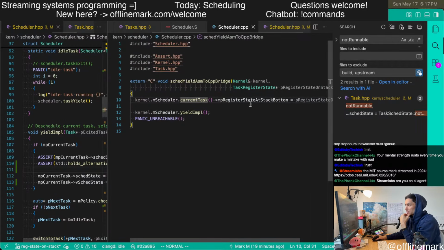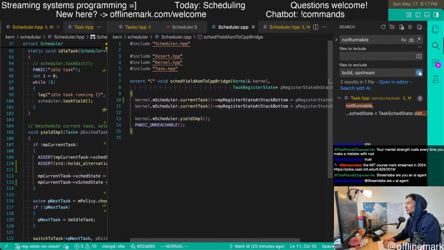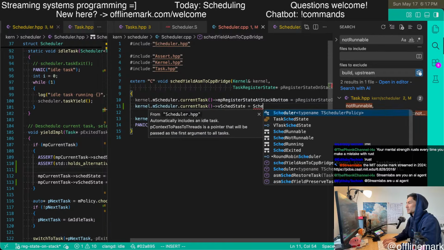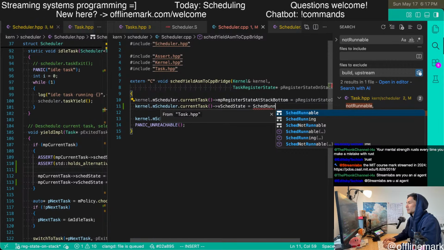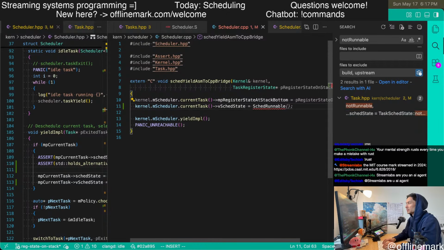We just save it in this pointer. I wonder if actually what we want to do is current task get state. But that's not right. It's sked run a bull.